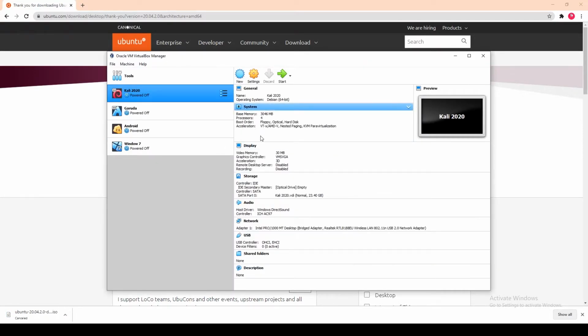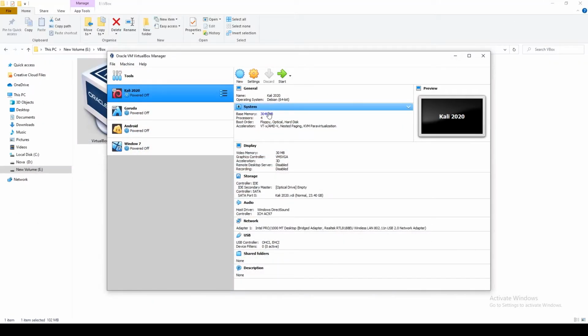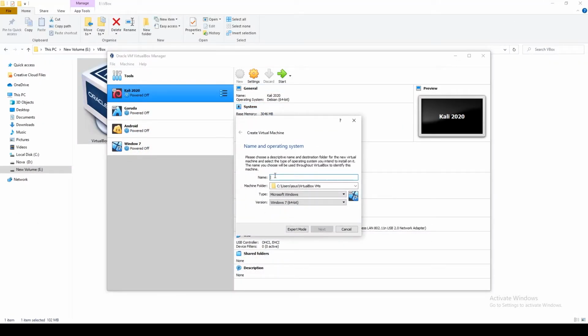Now open your VirtualBox and click on new, and here give a name to your new operating system. For me it's going to be Ubuntu. Now from here select Linux and from here select Ubuntu 64-bit. Click on next. Allocate a memory size to it.